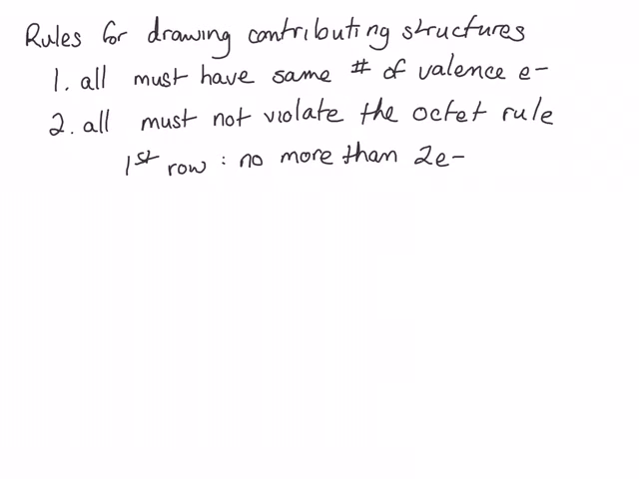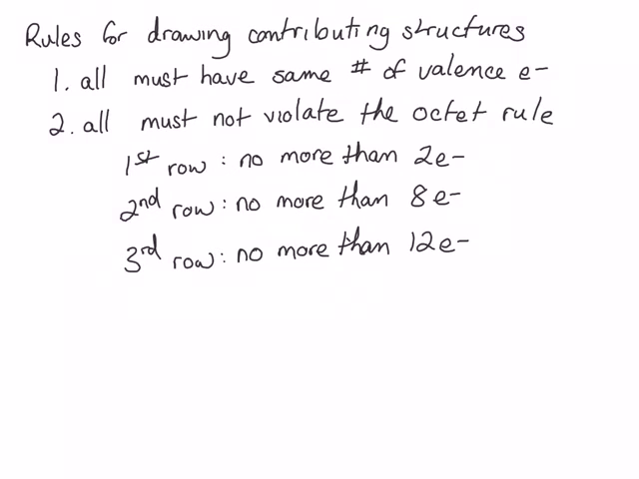For atoms in the second row, they can have no more than 8 electrons. And for atoms in the third row, they can have no more than 12 electrons. And those maximum numbers of electrons have to do with which shells are available for holding valence electrons in each type of atom. And then the final rule